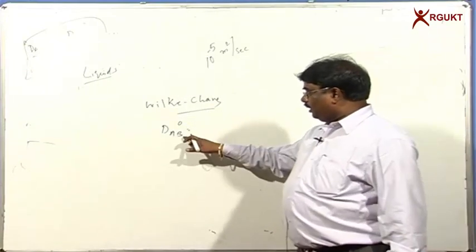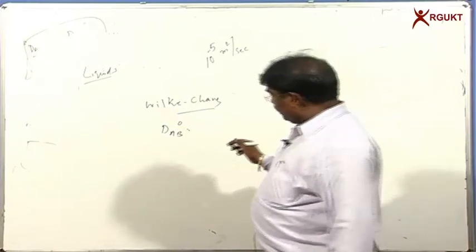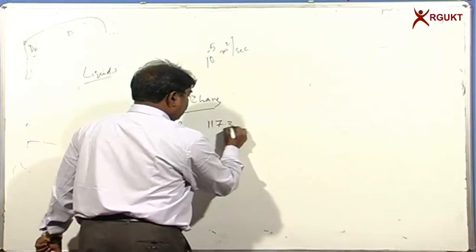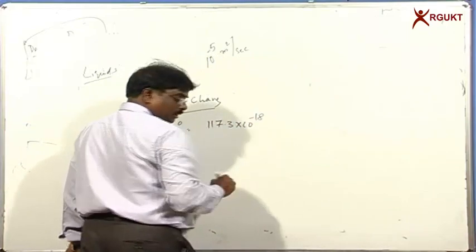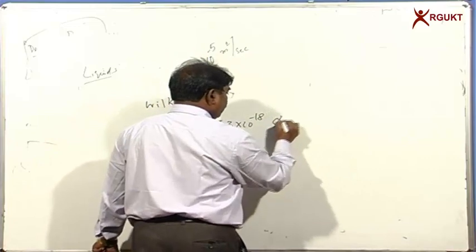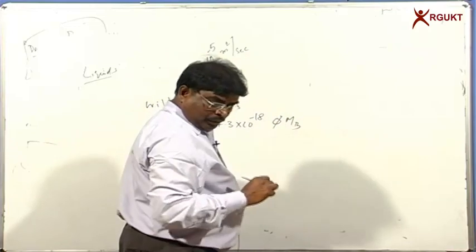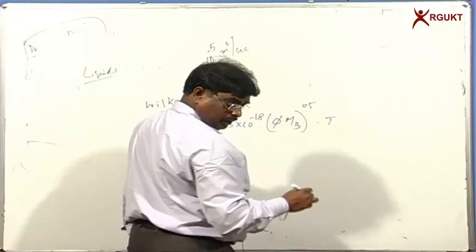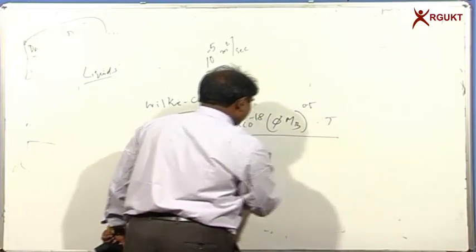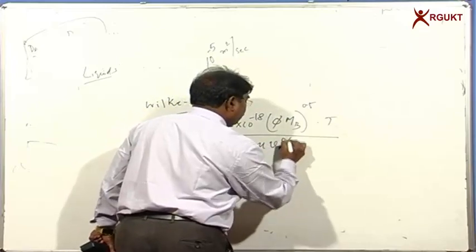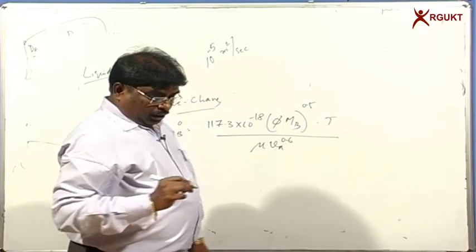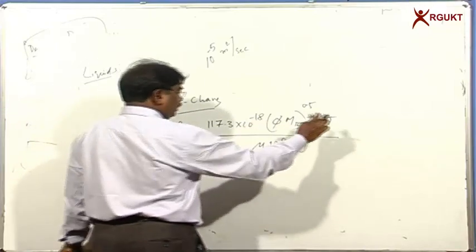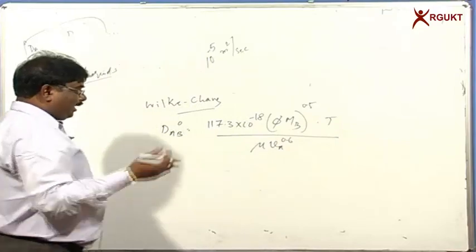So infinite dilution of A in B, D_AB naught is equal to 7.3 into 10 power minus 18 into phi into M_B to the power of 0.5 into T divided by mu into V_A to the power of 0.6. So where M_B is the molecular weight of the solvent, T is the absolute temperature in degrees Kelvin, and